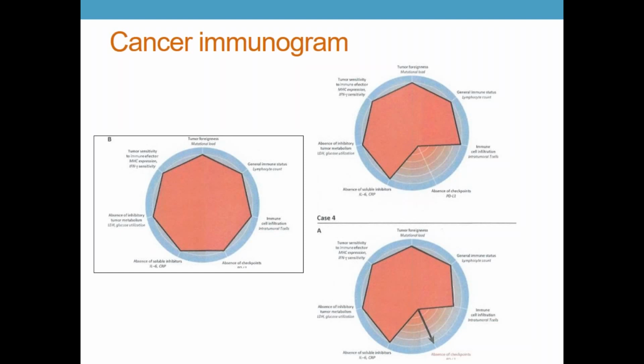And looking at this immunogram, for each tumor, theoretically, we can figure out what is the best way to approach this tumor in terms of the immune therapy that we're going to be using. In this particular case, we're looking at the PD-1, PD-L1, L2 axis. So looking at PD-1, PD-L1,